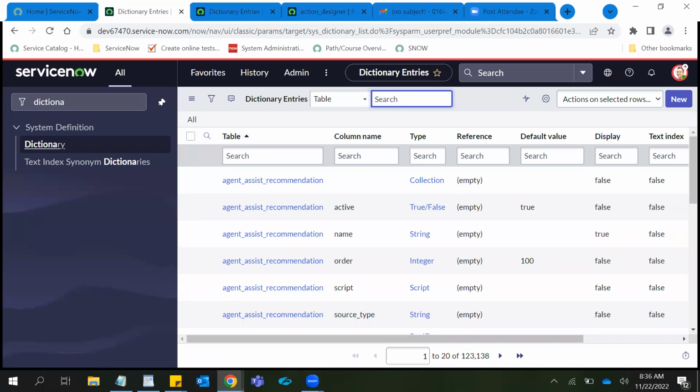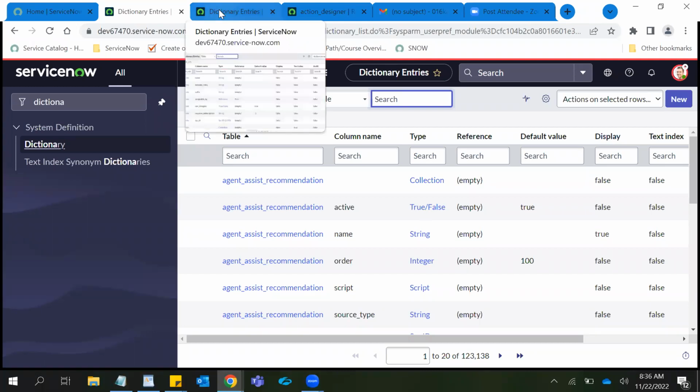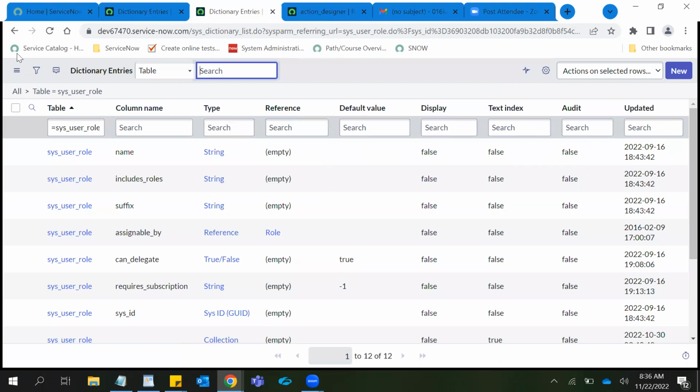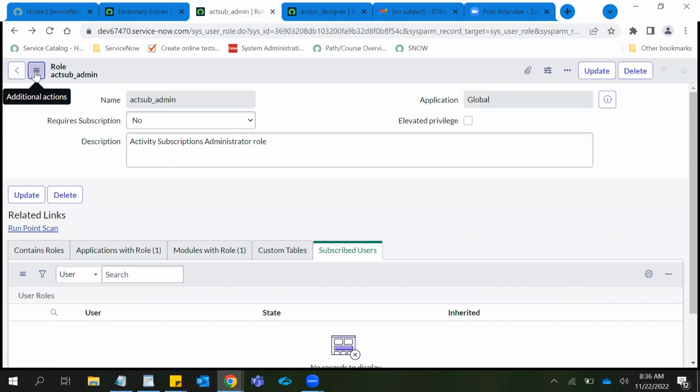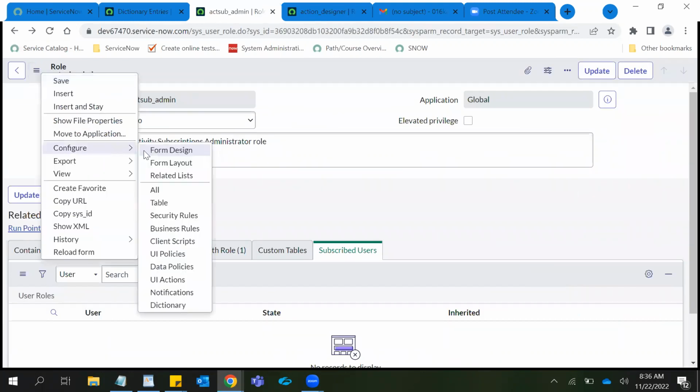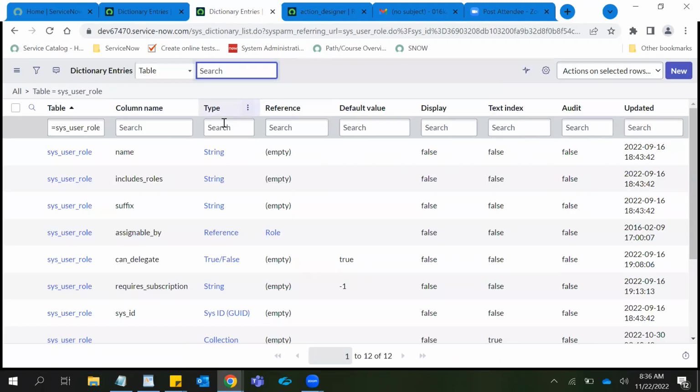1,23,000 something records. So if you're configuring the dictionary of a particular table, you will have to go to configuration there. I mean, just open any record, click here, and then go to Configure, and then you will go to Dictionary. Okay, so this will take you to all the fields. So here you can see, if I open this,